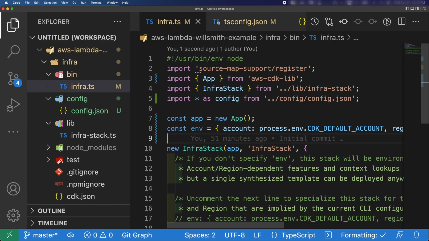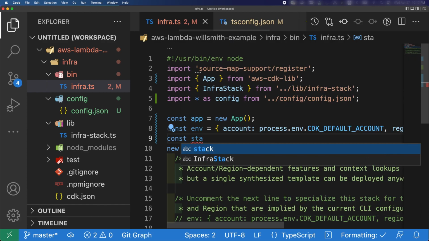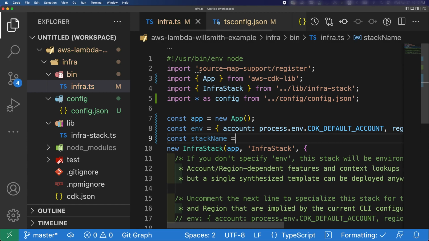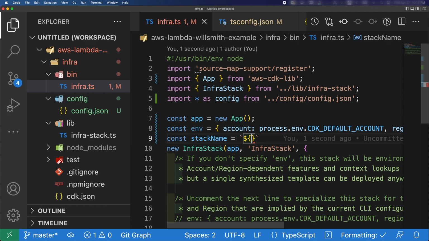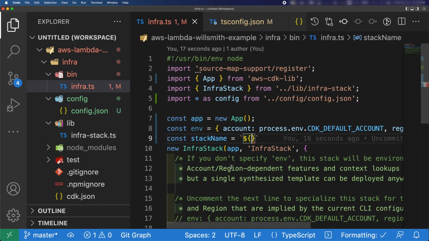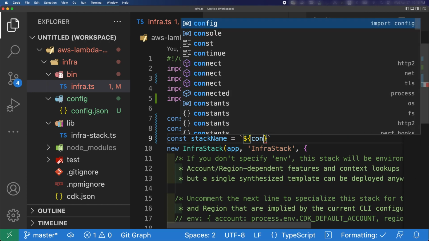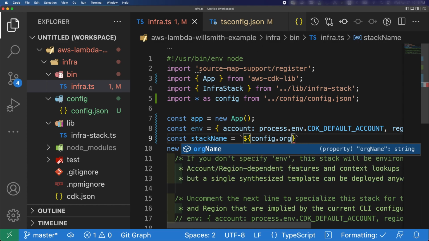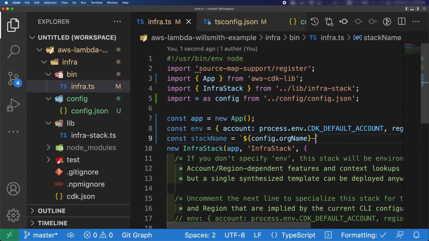After that, let's create another one called stack name so that we could use that variable while executing this code. Remember those values that I put here in config: org name, app name, attribute, environment type, and region. We're going to include this combination to create a stack name for our stack. So if I had to put this, it means config.orgName, hyphen,